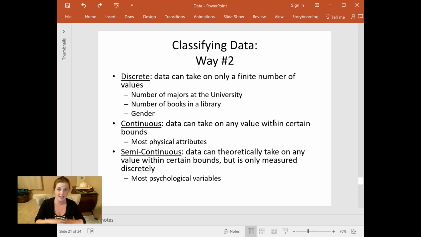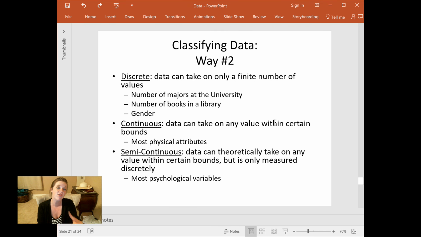And they're theoretically continuous, right? Like let's talk about aggression. Let's say I give somebody an aggression score of 6 and I give somebody else an aggression score of 7. Theoretically, I bet there are people that fall in between those two individuals, but I haven't measured it in that way. I've actually measured it in a discrete way. I don't give people a 6.5 on this. They are either a 6 or a 7, but theoretically it's continuous, but I've only measured it discretely. And so we call it a semi-continuous variable, which is just sort of a BS fudge factor, right?